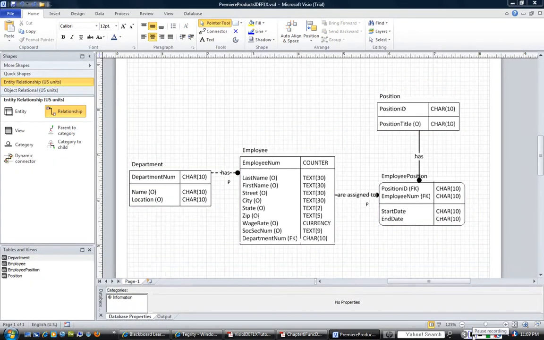The other method is to use the lasso method, which means to put a border around all of the shapes and move them. So for example, if we wanted to move this diagram over to the right a little bit so there's a little more white space over here, we would select all of the